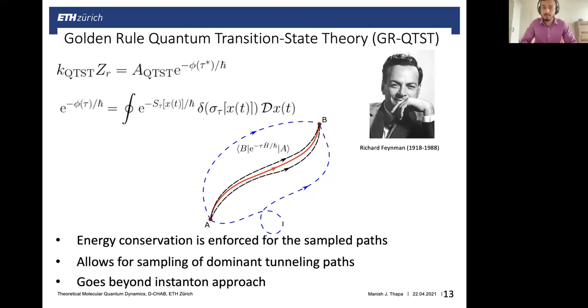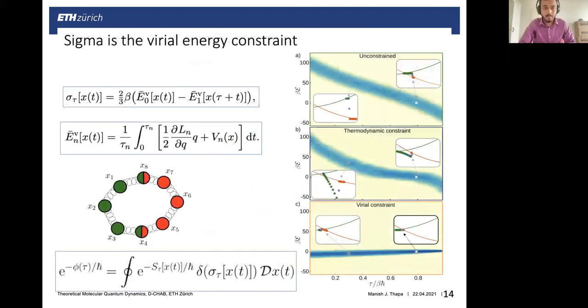Now the question is, what is sigma? How can you obtain sigma such that this whole thing samples instanton-like paths and gives you the correct answer for rates? And we tested sigma using different physically motivated functions. And we at the end concluded that sigma, if it is based on virial energies, is going to give you the correct answer. So sigma is basically 2/3 beta times the virial energy of the reactant path minus the virial energy of the product path,